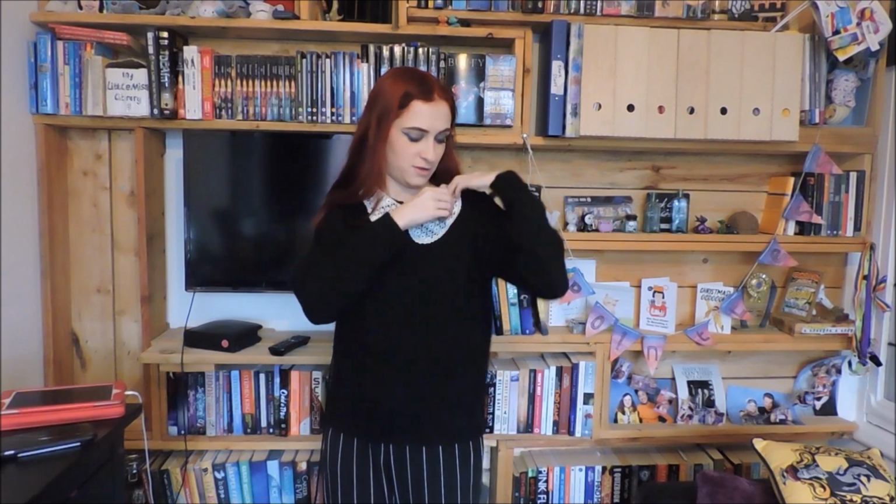I do like this. Again, I will be keeping this, I will be wearing it. I think it's probably the least favourite of the jumpers, not because of what it looks like, because I really like what it looks like, just because of how it's cut. I don't know how well you can see, but the collar just sort of stops here and it folds over, and the way that it folds over the top, it almost looks like it's inside out, but it isn't. The way that it rolls over the top, I'm not a